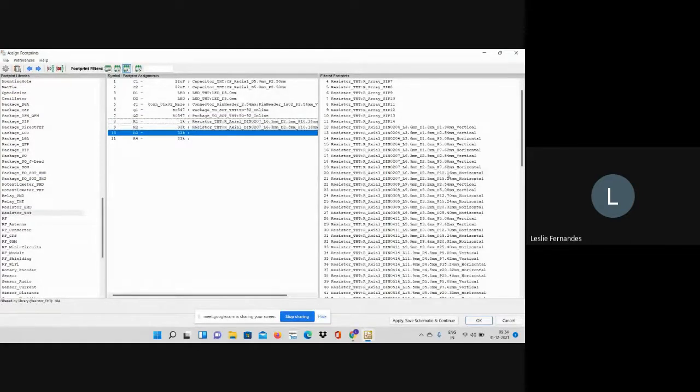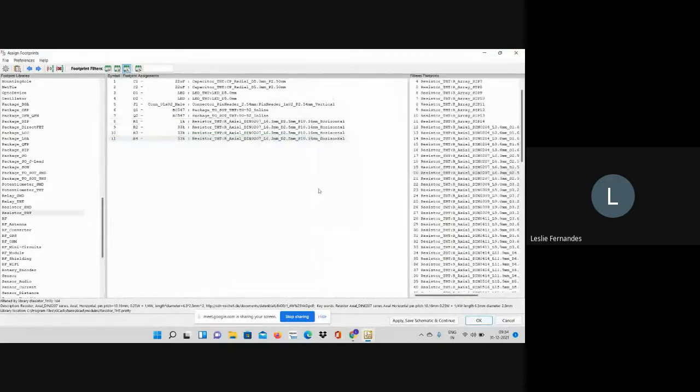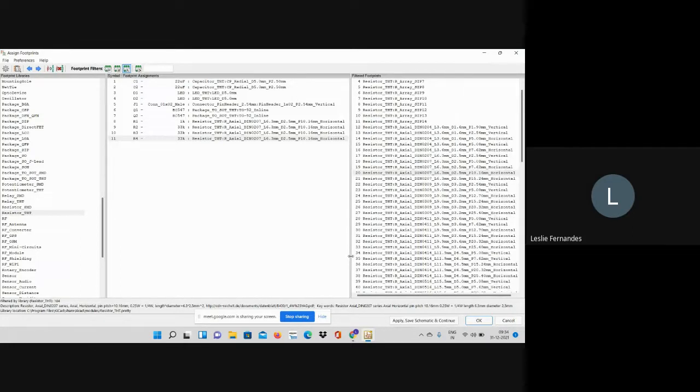1, 2, 3, 4. Okay, all these footprints are now assigned to the components. I will click on OK and save it. Now how do I know which footprint to take? I have already seen what the pitch is. I've actually seen my capacitor, what the pitch is, what the diameter is, and I have selected that. If you do not know the footprint that you want to select, you can take the component, measure it, and then select it. So that's the way of selecting a footprint. Anyway, I will show it to you whenever you come to college. I'll show you how to do it.